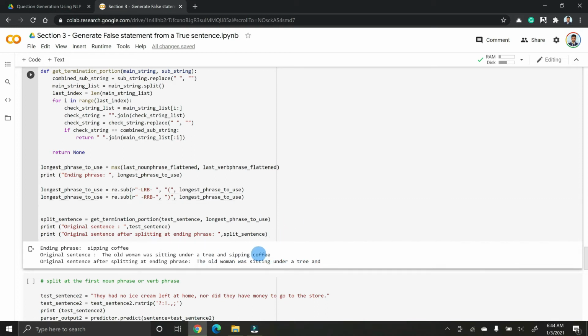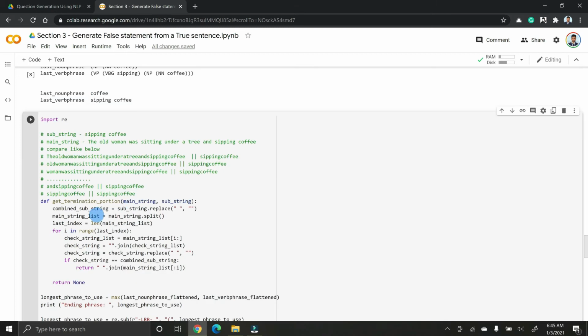No matter whether we have 4 or 5 spaces in the original sentence between sipping and coffee or one space, we are going to get back with only one space here. So we don't have an exact correlation between the ending phrase here and the original sentence. So instead of doing an exact match, because we are not preserving exact spaces, I wrote a small function where we can iteratively go through and return only the substring that is of use to us.